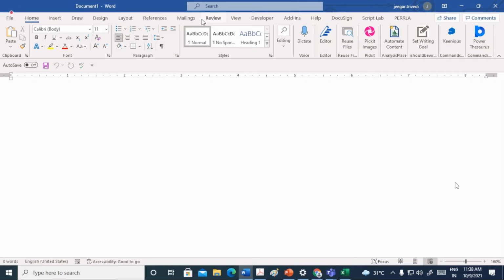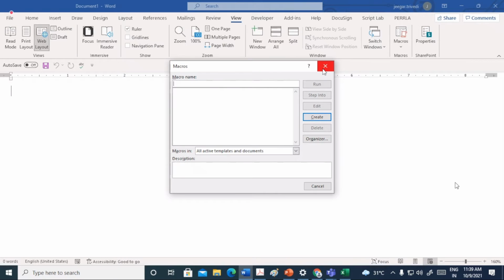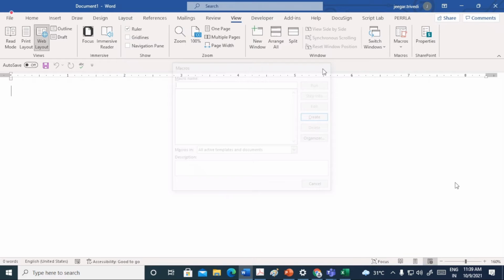For creating a macro, you need to go to the View item, and there is something called macros. If you want to see a previously created macro, just click on View Macros. There is currently no previously created macro, so let us create a new macro.